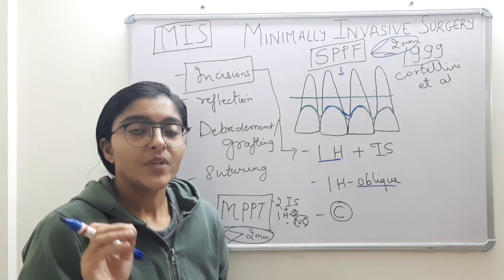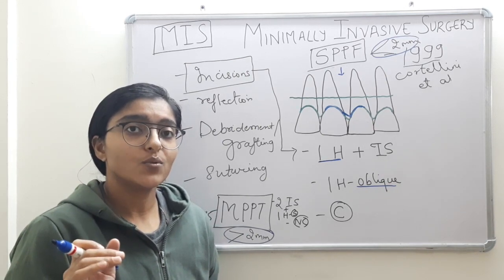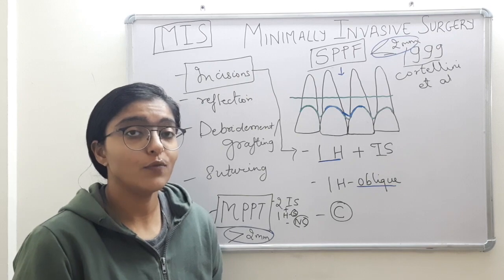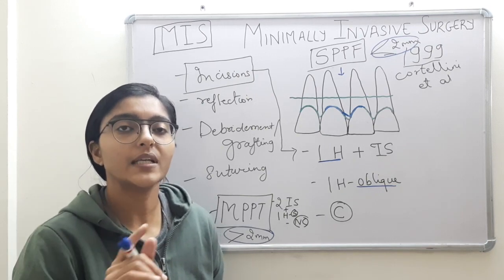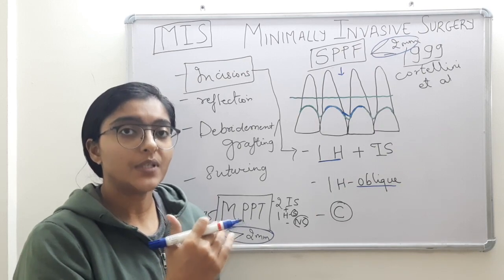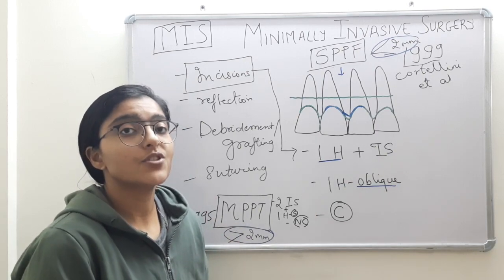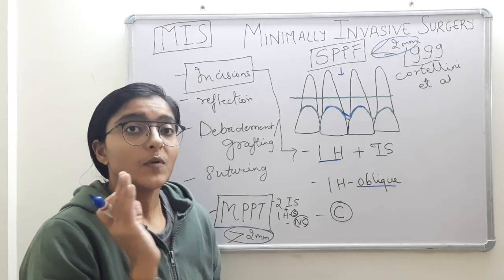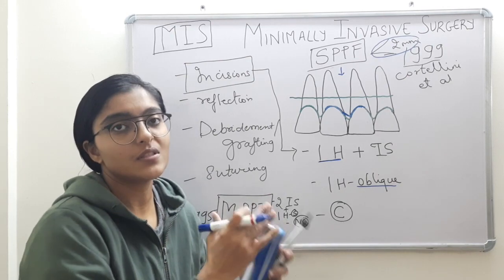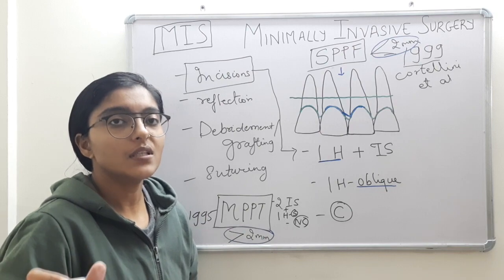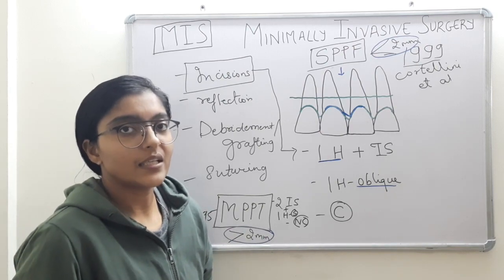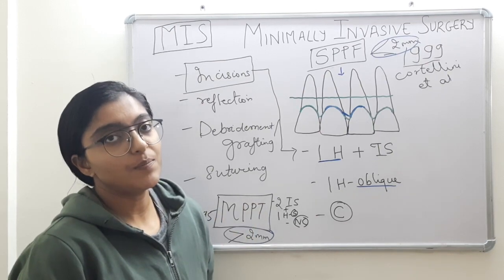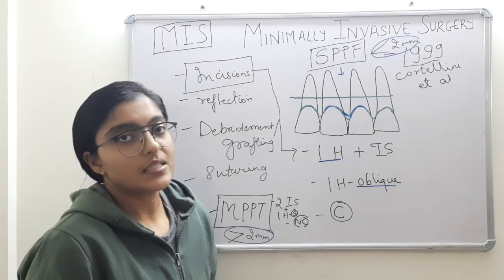Clear? So, if you read that article, JCP 2007, it looks like MIST has two types of flap techniques, MPPT and SPPF, but it is not like that. MPPT and SPPF are two separate flap techniques which are modifications of the papilla preservation flap, and MIST has just taken their incision patterns based on their principles. But MIST in itself is a separate technique. Only the incisions are inspired by the principles of SPPF or MPPT, based on the interdental width.